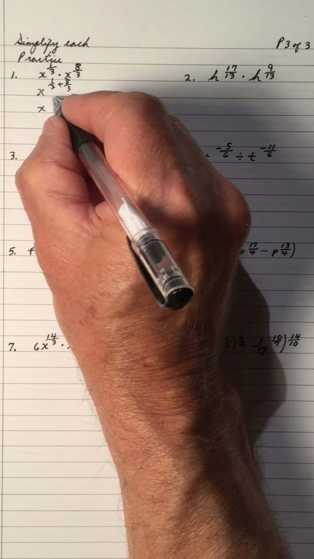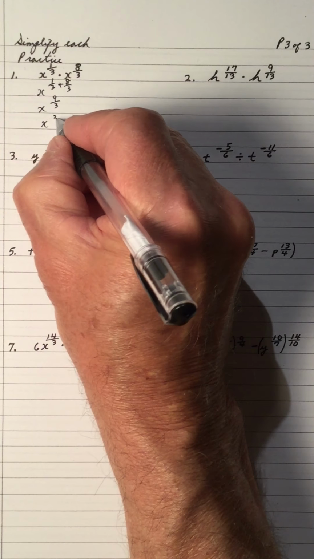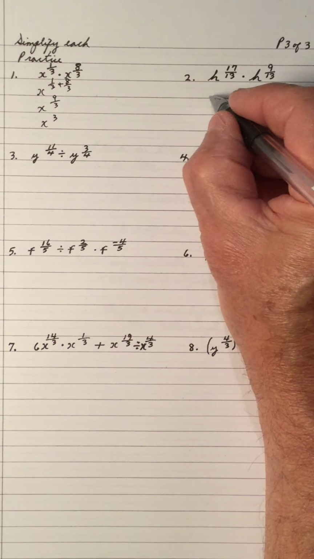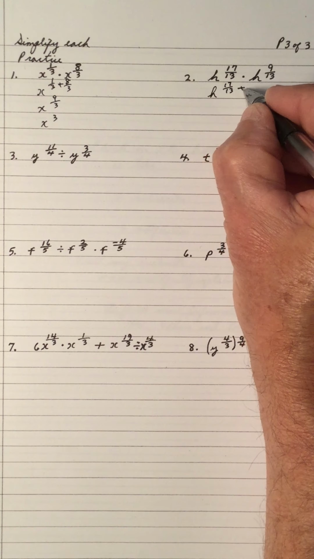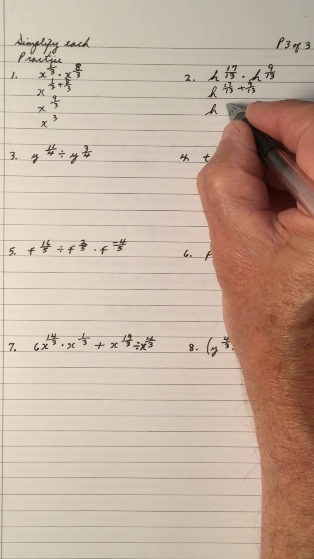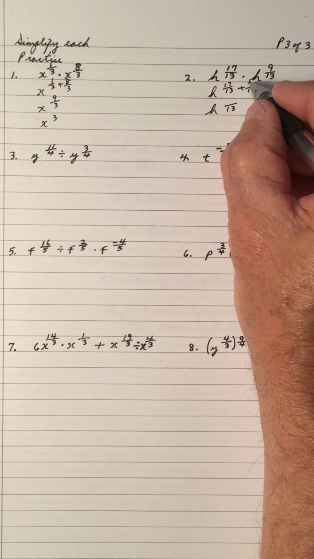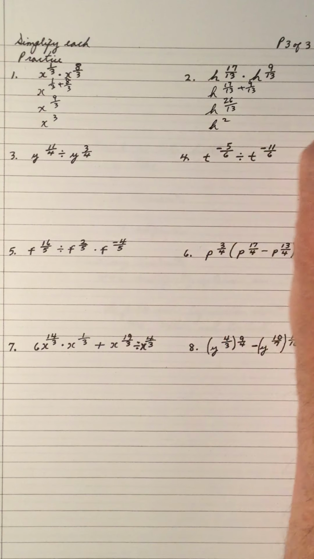So we add, so 1 plus 8 is 9 over 3, so that's x cubed. And again, we have the same basis, we're multiplying, so we add 17 over 13, add on 9 over 13, so h equals, common denominator is 13, 17 plus 9 is 26, 26 over 13 is a 2, so it's